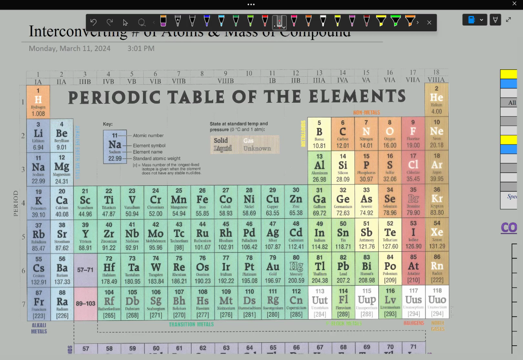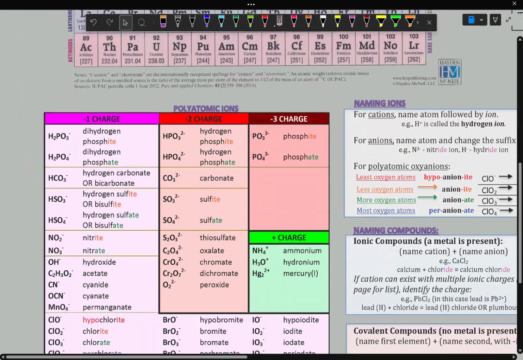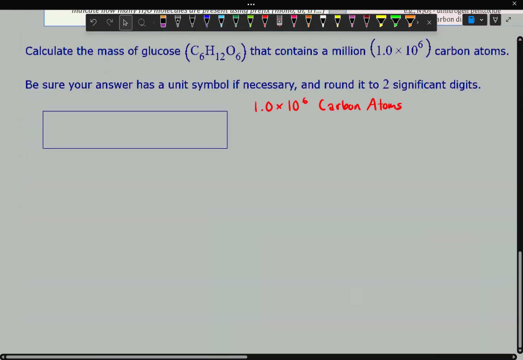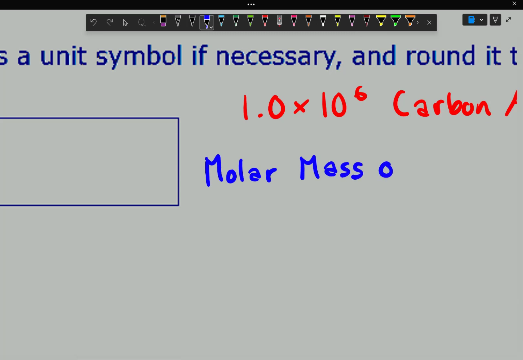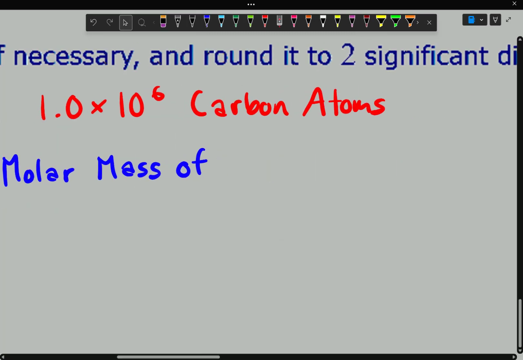And oxygen has a molar mass of 16, and we have 6 of them. So what that's going to look like is the molar mass of glucose,